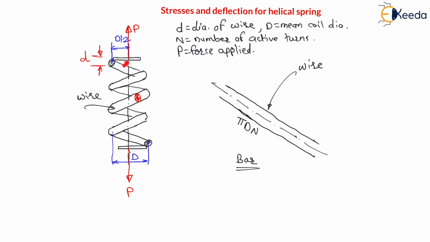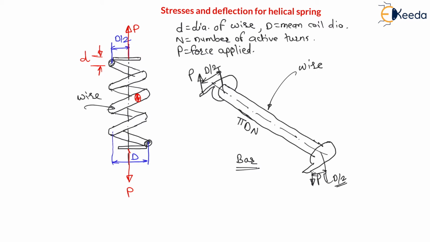And here, my dear students, for this bar, can I say there is an eccentric force at a distance of D by 2. Therefore, if I draw here one circle, let us say this is the unwound wire. Now, for this unwound wire, at some eccentricity, there is a force P like this, and this eccentricity is D by 2. We have seen this eccentricity is D by 2, right? Means on both sides, on this side also, on this side also, at some eccentricity there will be a force P, and this eccentricity will be D by 2.